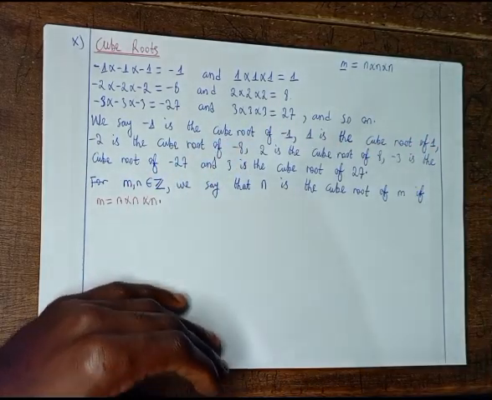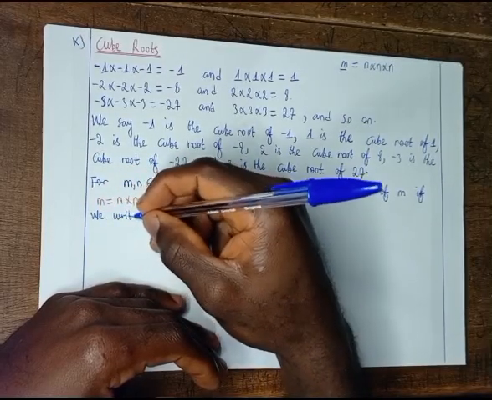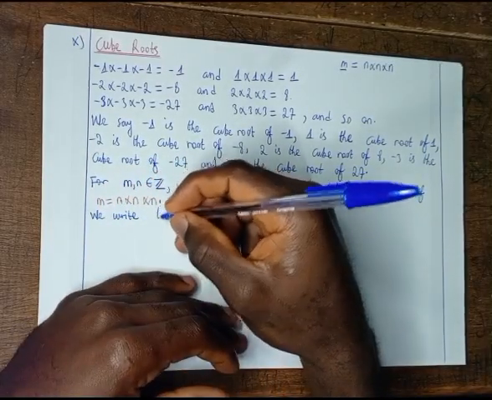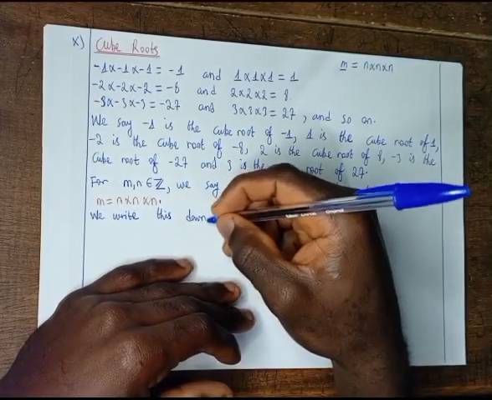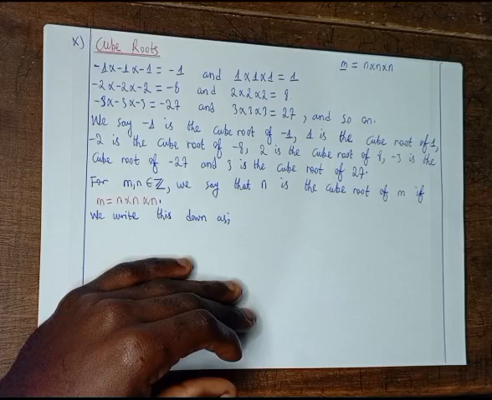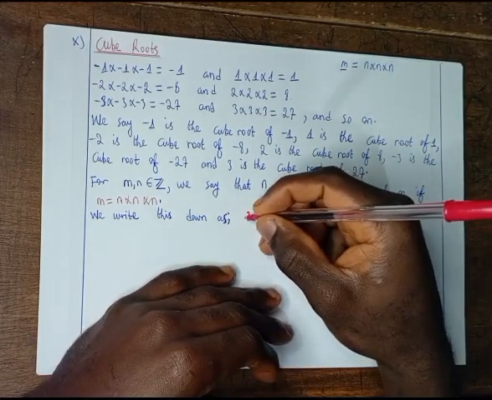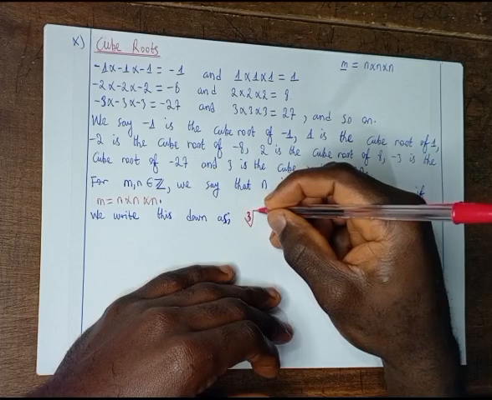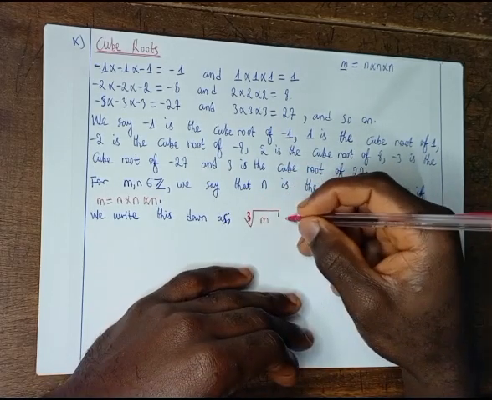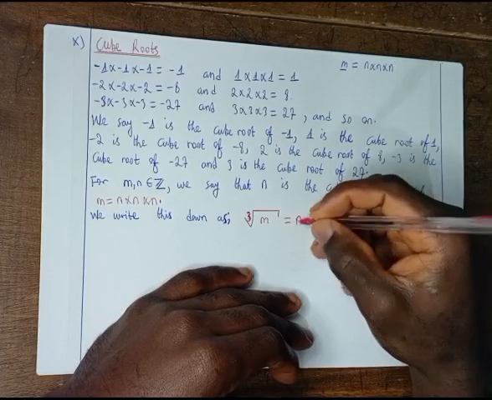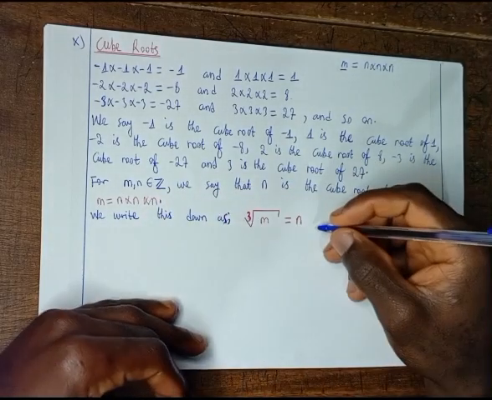So we write this down as the cube root of m is equal to n, where